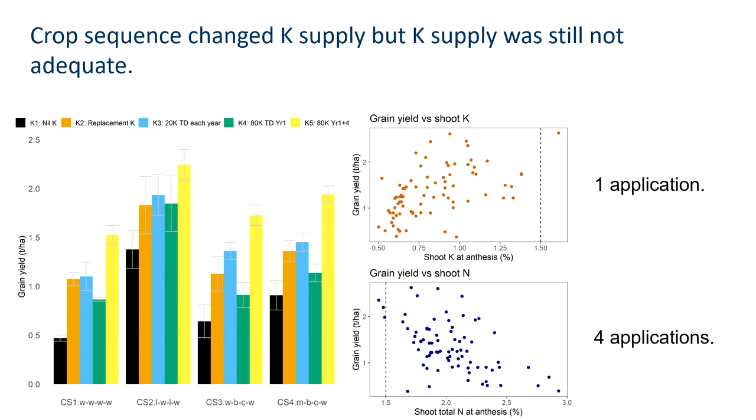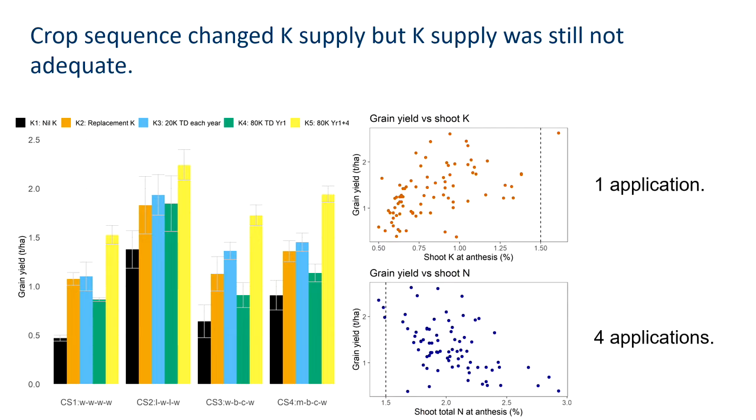So what we're looking at here is grain yield of wheat on the figure on the left-hand side for 4 different crop sequences: a continuous wheat, a lupin wheat rotation, a wheat canola wheat rotation, and a brown manure wheat canola wheat rotation. So we're into the final W in all of those crop sequences this year, and the coloured bars are for